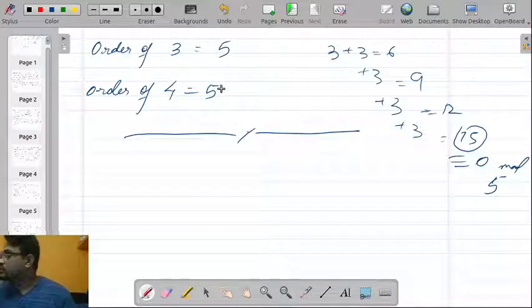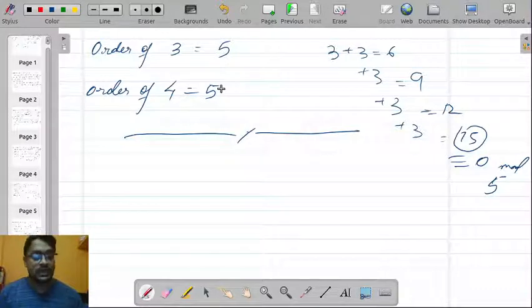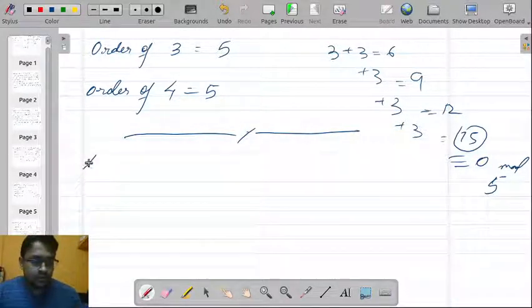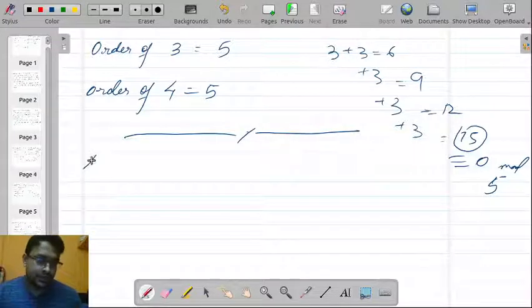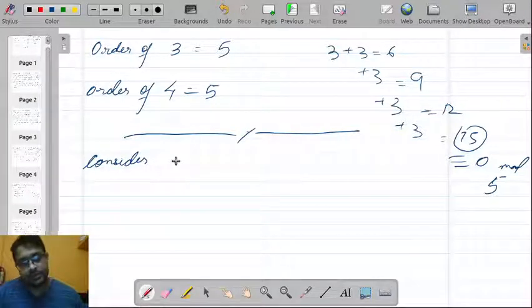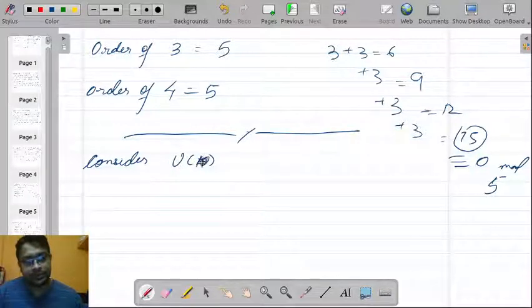So we have done the orders of this type of elements. Another one, let us see. Let's consider Un, the groups that we had already done. So consider Un, say U10, which is equal to 1, the next one is 3,